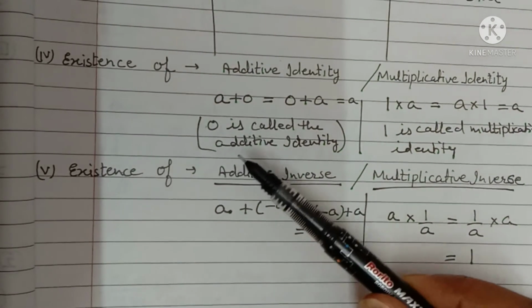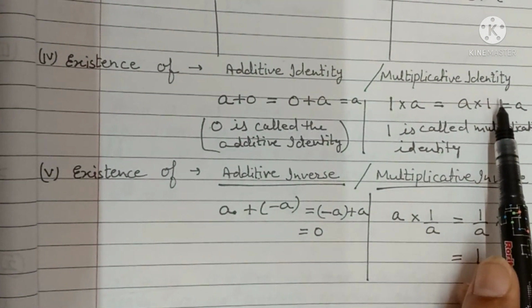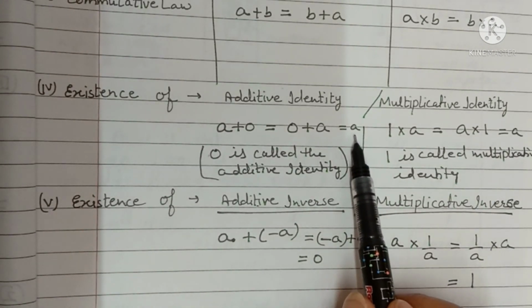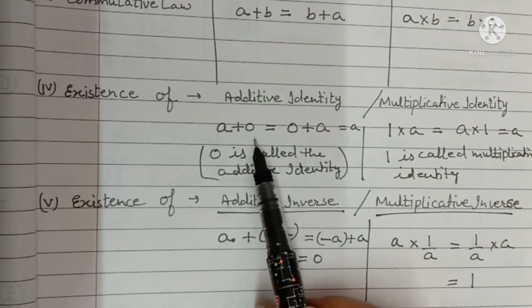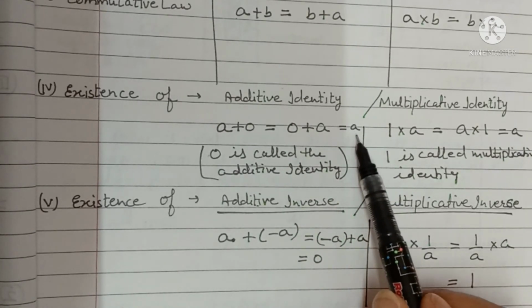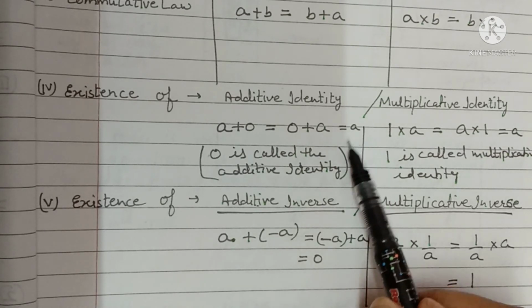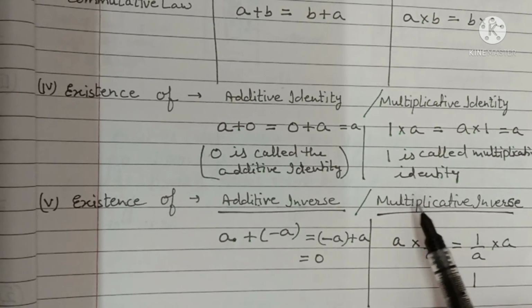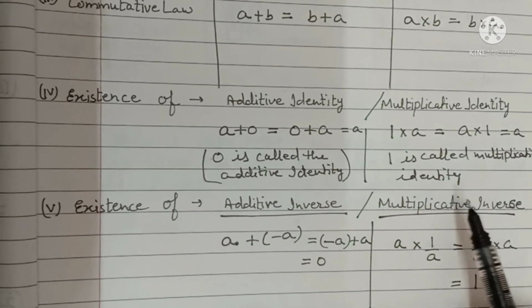So these are all the properties related to real numbers. And in additive identity and multiplicative identity, the number does not lose its uniqueness. When we add 0 to a real number, we get the number itself. So I think, students, you have understood all the concepts.